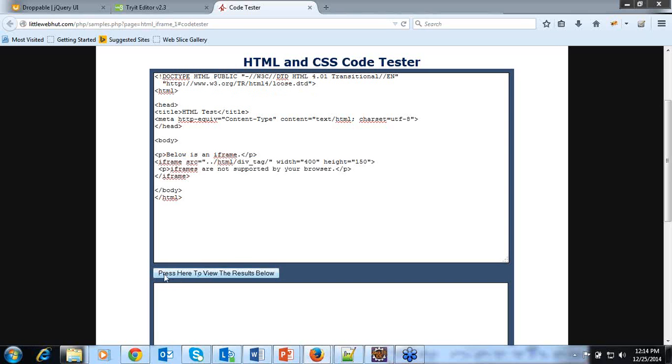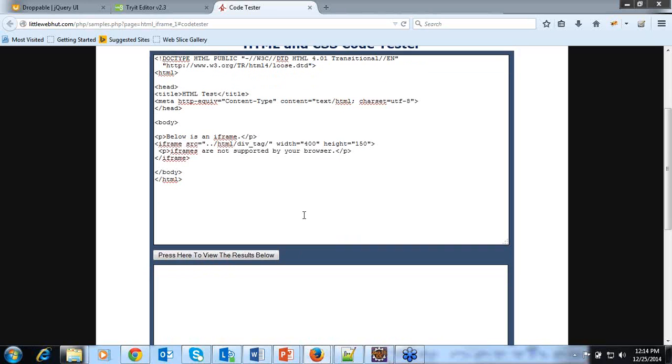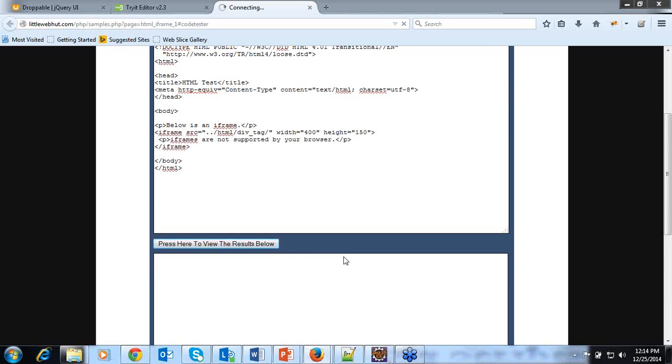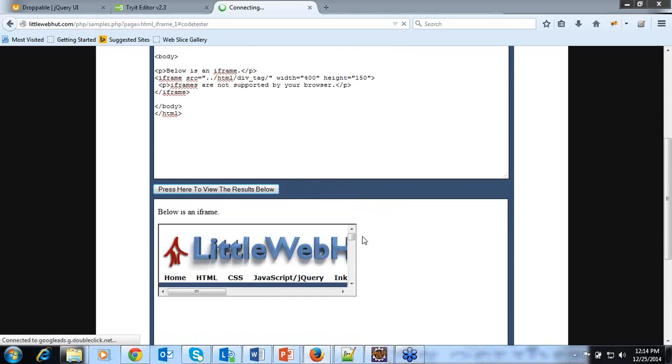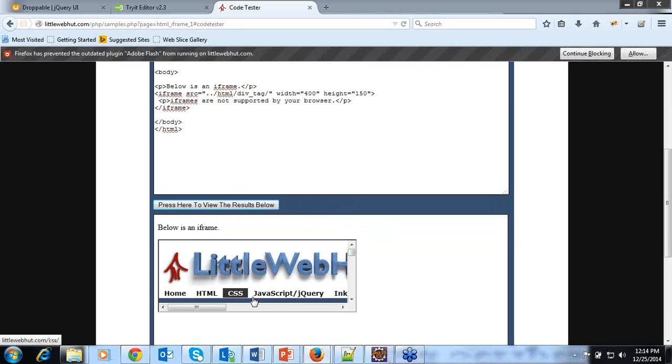Now let us click on "press here to view results". When I click on this button, the web page will be displayed out here. Here you can easily see there is one paragraph saying "below is an iframe". The same text is displayed.